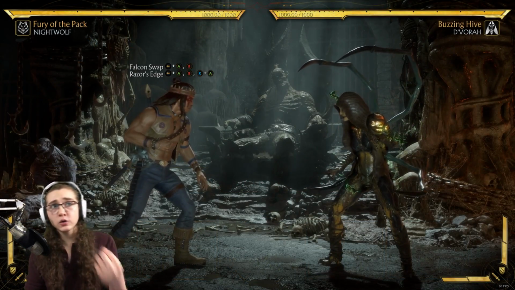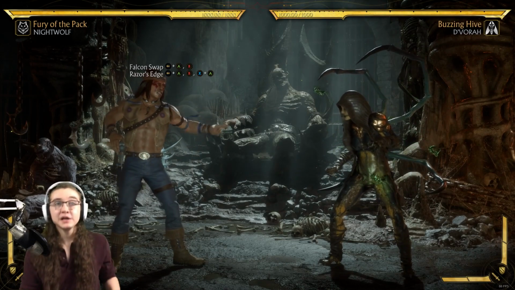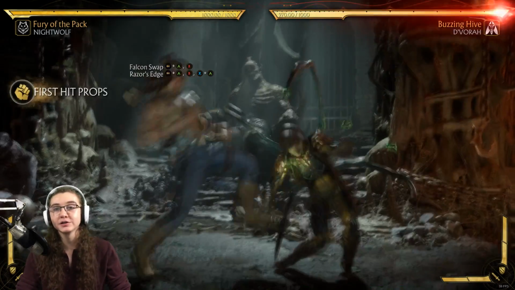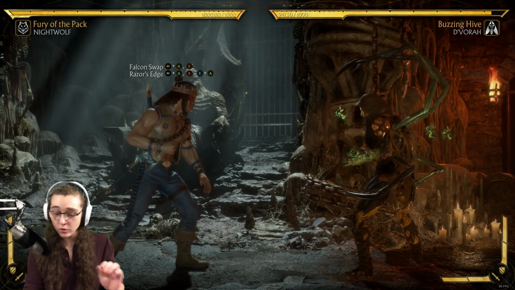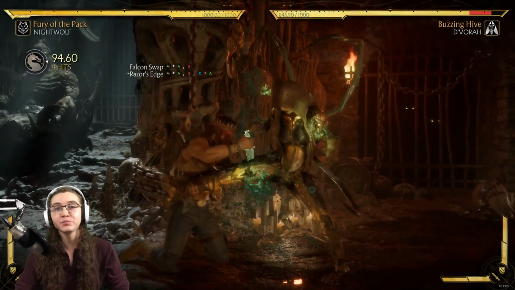Alrighty folks, so in order to do the Razor's Edge, you are of course going to have to start off with the Falcon swap. So in order to do that is going to be back A, B, or back X and circle, and that should look just like that, folks. Now the only thing we're going to add to that is pushing X and A at the same time afterwards, or square and X at the same time. And as you can see here, boom,